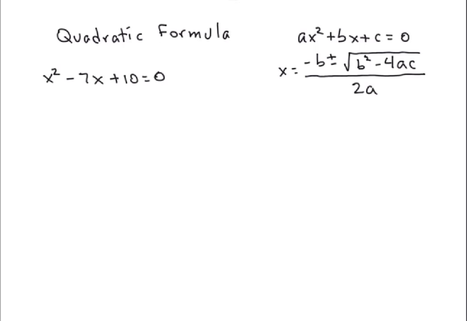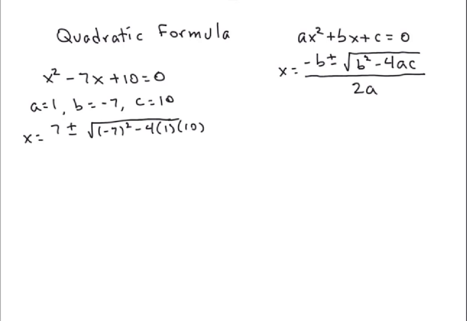So in this case, we have a equals 1, b equals negative 7, and c equals 10. It's important to realize when you're doing this, though, that all of the terms have to be on the same side of the equation, and it has to be equal to 0. Okay, so now plugging in these values, we get that x equals negative b, or the opposite of b. So the opposite of negative 7 is positive 7, plus or minus square root of negative 7 squared minus 4 times 1 times 10